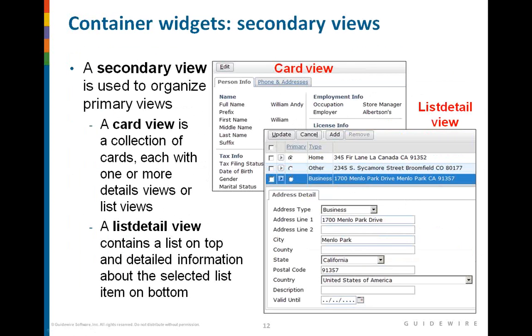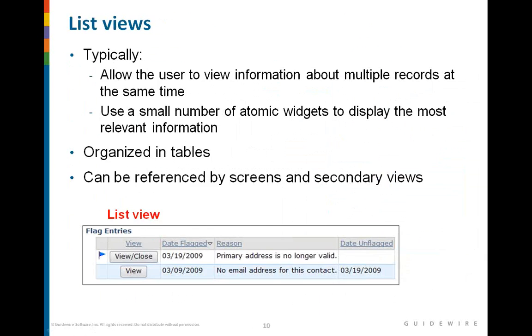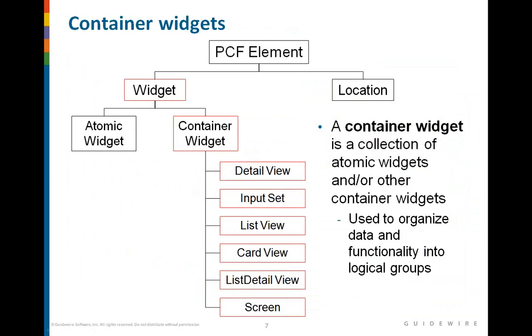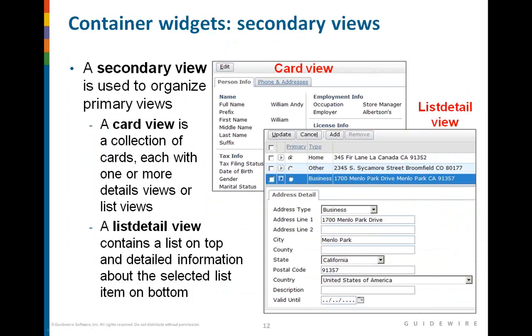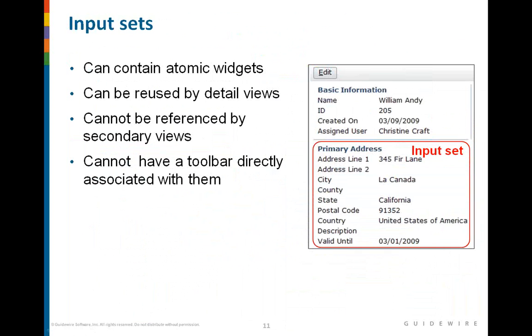And secondary view. What is a secondary view? Secondary view is nothing but a card view and a list detail view. In Guidewire, you can see the container widget. These are the other types: card view and list detail view. So the card view is nothing but